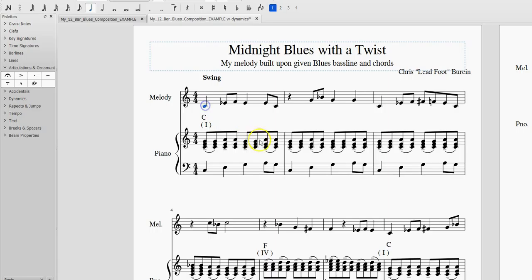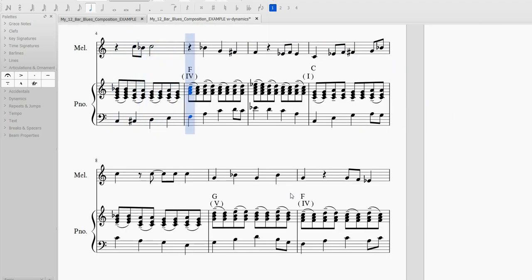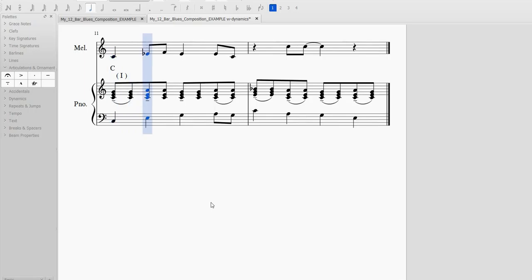So I'll play the whole thing for you. That's the end of the first phrase. And to the second phrase here. End of the piece. So there's a little bit more syncopation at the end of the piece,